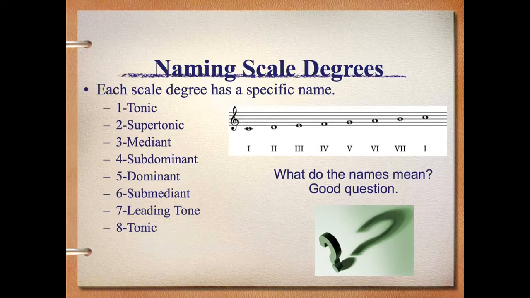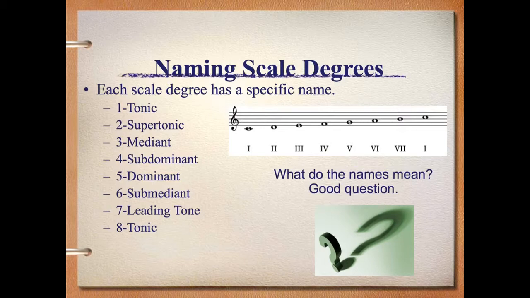Now, once we have our major scale, or any scale for that matter, each scale degree has a specific name. Often, we will refer to it as scale degree 1, scale degree 2, 3, 4, 5, 6, 7, or 8. Now, when we are sight singing, we will represent each of those numbers with a syllable called solfege. Do, re, mi, fa, sol, la, ti, do. So instead of using numbers, we will just replace it with a syllable. And we'll discuss in class why we use those different systems. When we build chords on each of these pitches, we use Roman numerals to represent 1, 2, 3, 4, 5, 6, 7, and then 1 again as we get back to C.